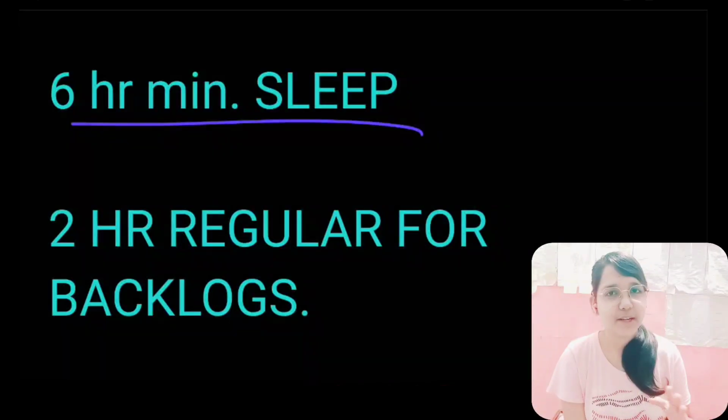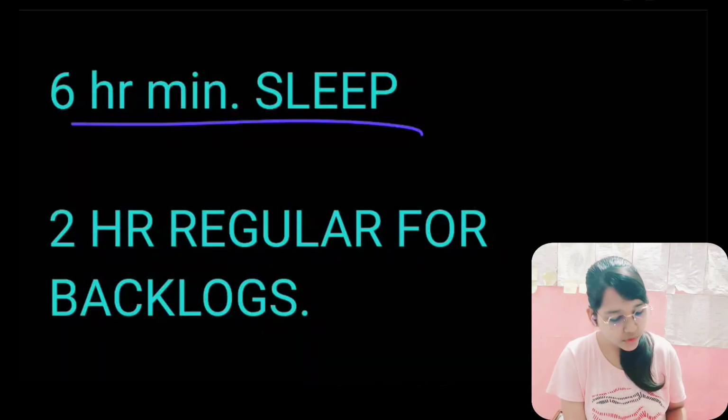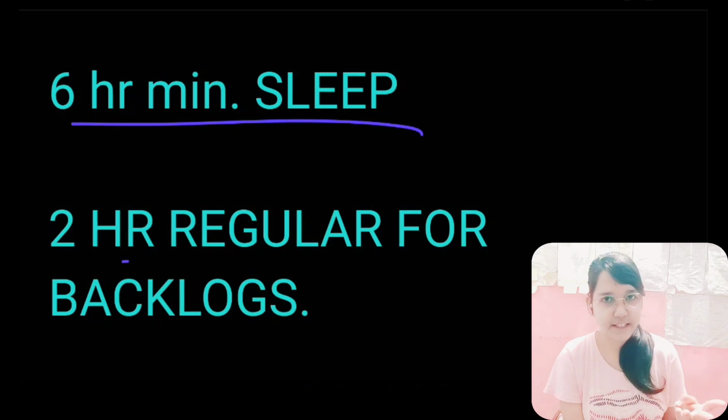So just keep track that you regularly take 6 hours of sleep, because it is very important for memory. We all are bio students. We all get to know memorizing things is tougher than it seems, and sleep plays a very crucial role in it. So if I sum up, if you put in 12 hours for studies, 6 hours for sleep, it sums to 18, and 1 hour for entertainment, 19, and 3 hours for your self activities, it sums to 22. So you are having 2 hours for regular backlogs.